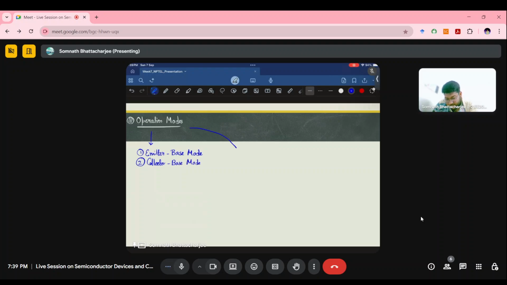And based on the outputs we receive from these device structures, those can be the active region mode. The active region mode is also called the analog mode, because the output current keeps on increasing with a linear line. And then the second one is the saturation region, which we can say is the on state mode, or digital on mode,